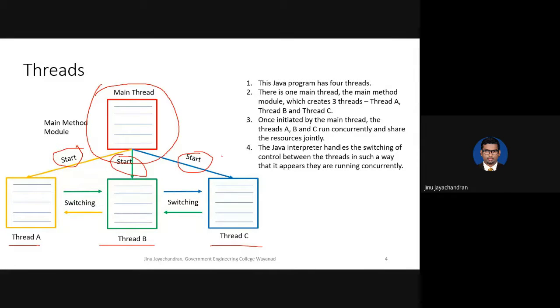You can spawn multiple threads A, B, and C, and the OS will execute one thread at a time. After executing thread A for some time, it will switch to thread B. It will execute thread B for some time, then switch to thread C. Now there are some conditions which should be satisfied if you want to switch back and forth. We'll see what these are.